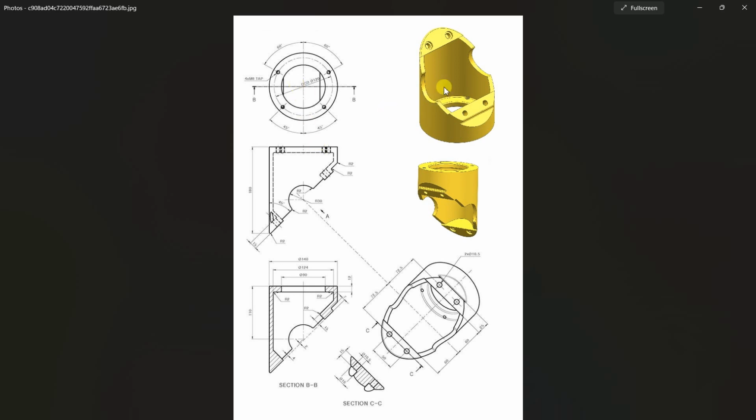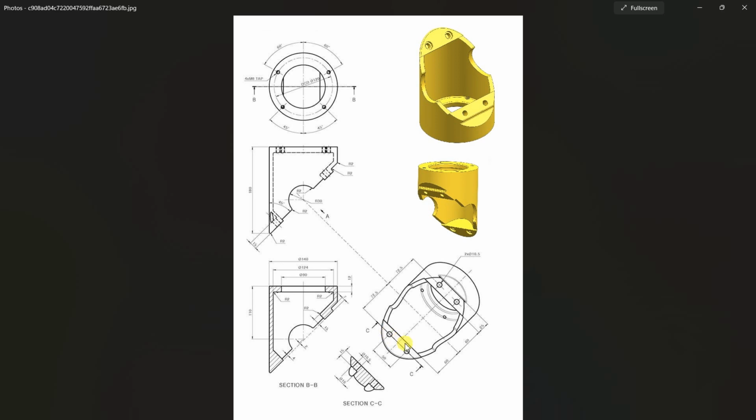Okay, if we rotate this, or according to this view, this is the top view and this is the front, and this is the sectional view from BB. If you cut this part from the center, this geometry will show. And one more view is there, which is the auxiliary view. You can see this is the auxiliary view, from this side, from A side.